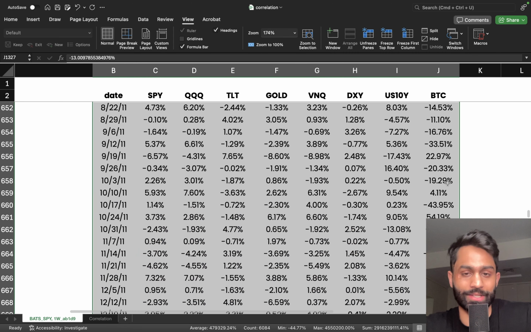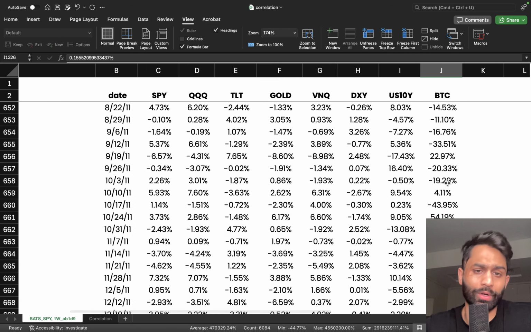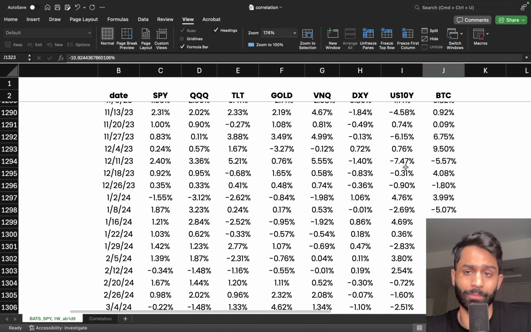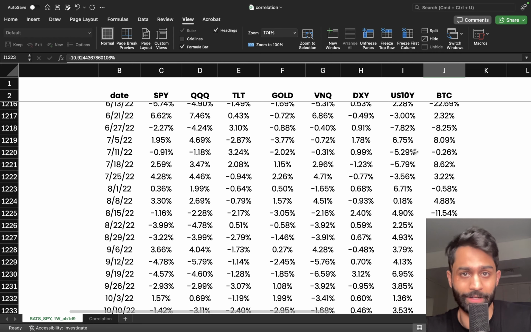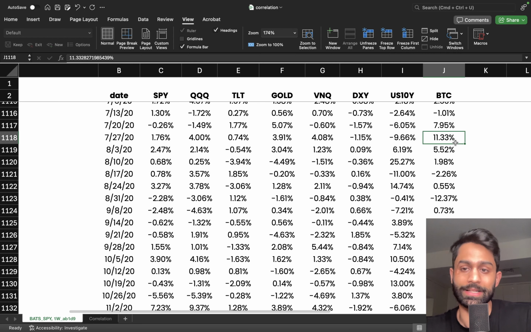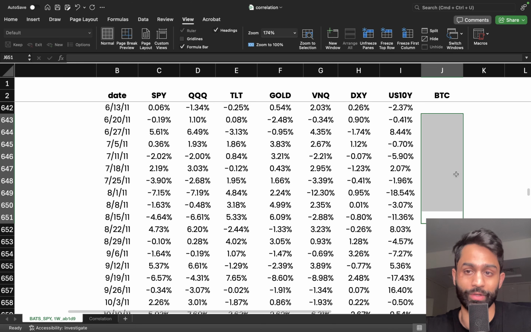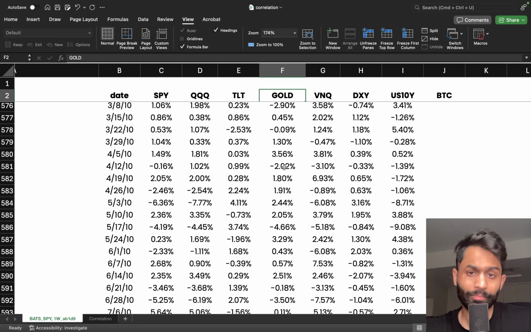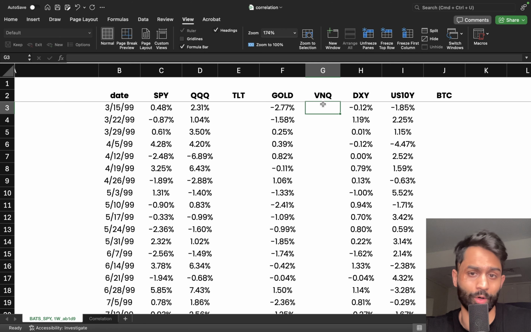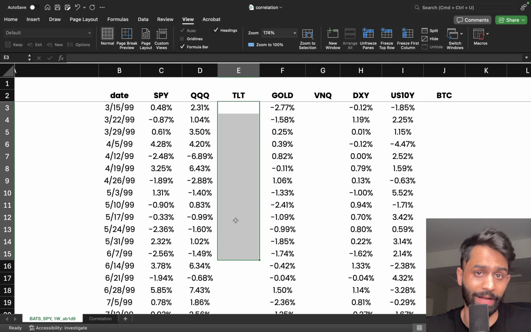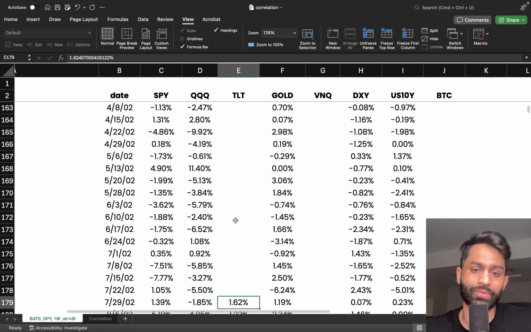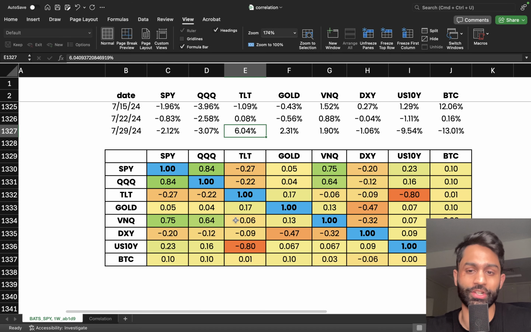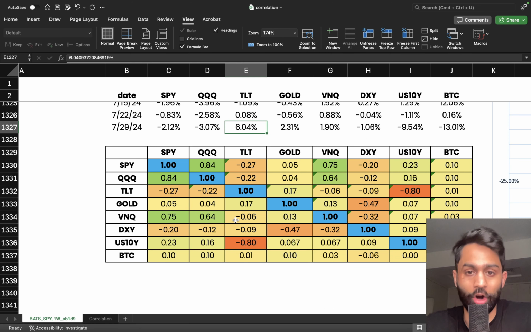these 8 asset classes. So what I've done here is that I've gone back over 24 years. You'll notice that not all assets have data available. For example, Bitcoin was live in 2011, so you can't really get data prior to 2011. As you can see, we don't have any data for Bitcoin prior to 2011. And then of course, there are things like VNQ that don't have data all the way through 1999, or TLT. But this right here is still a good understanding of how these correlations operate between these 8 asset classes.